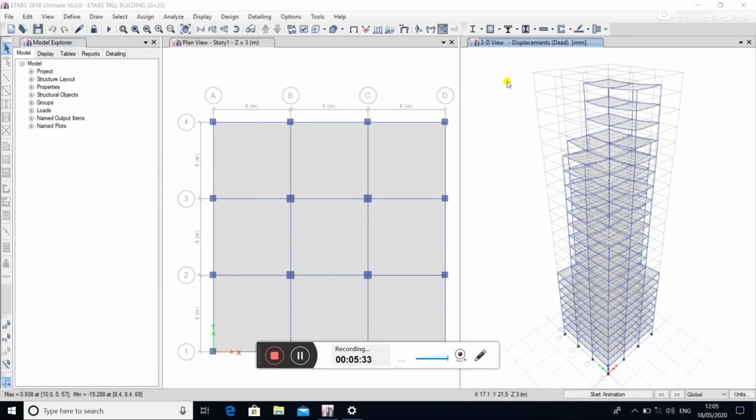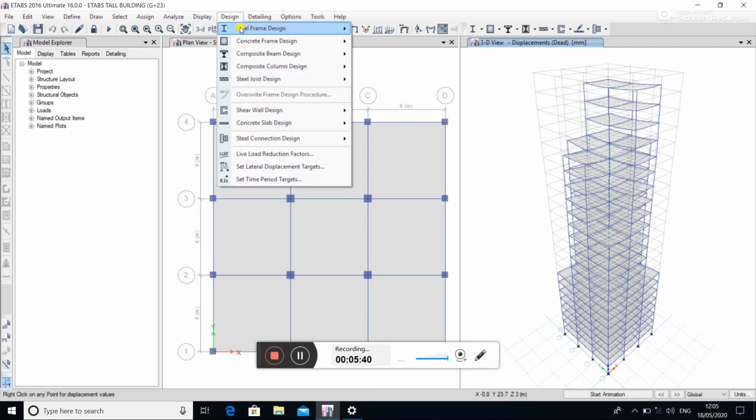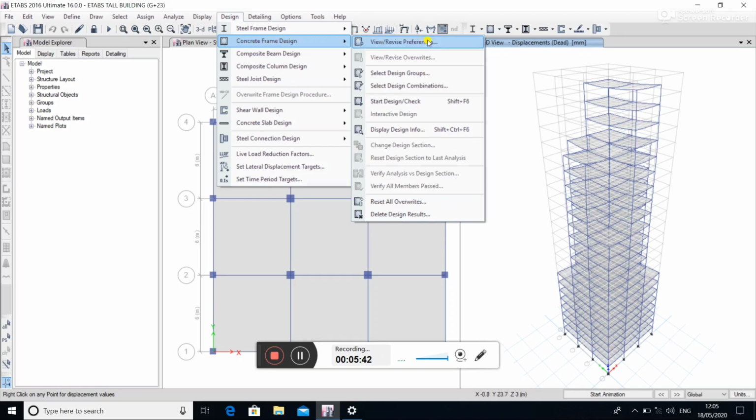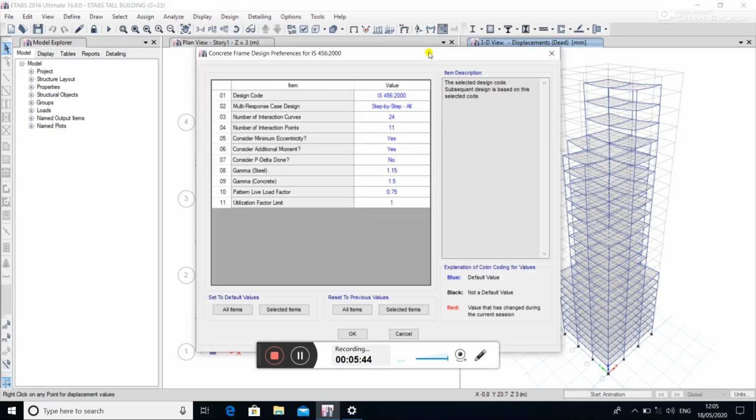Now we have to design the building model. First, go to Design, Concrete Frame Design, View/Revise Preferences. Make sure the design code IS 456:2000 is selected and click on OK.